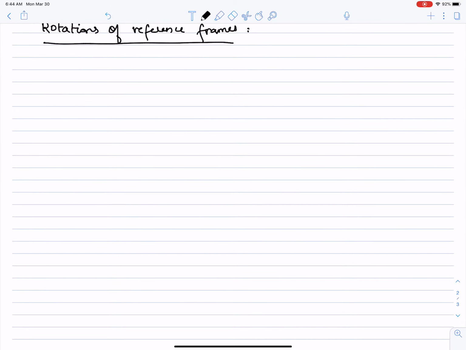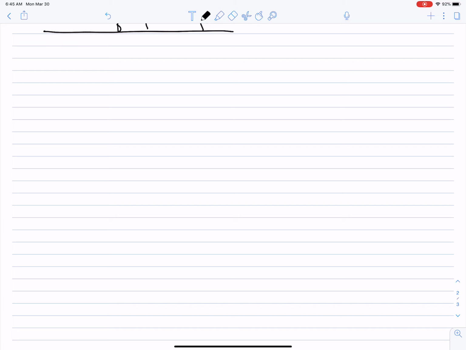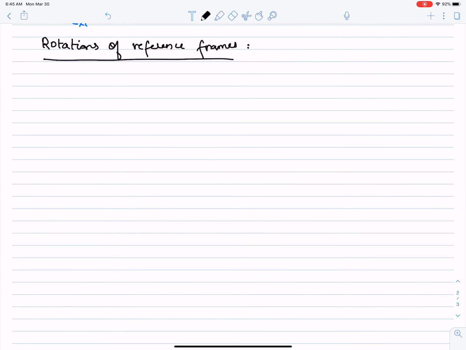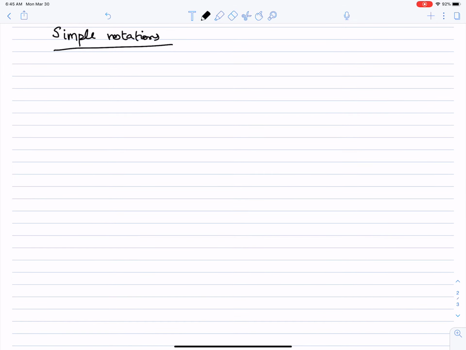Okay, so let's first consider simple rotations, and we shall describe what we mean by simple rotations. So let's consider a reference frame